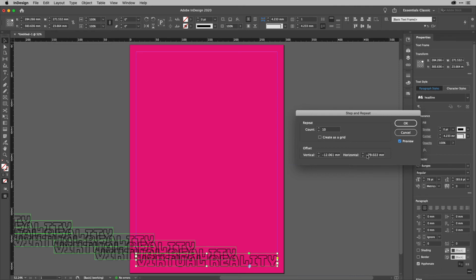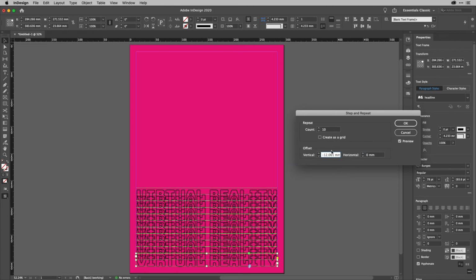Now at the moment, they are copying horizontally as well. So I'll just clear that and enter 0 in there. So just type 0, then come across to the vertical field here. And now we can just change the interval. So change that to whatever you want. Okay, so I'm, for example, going to make this maybe